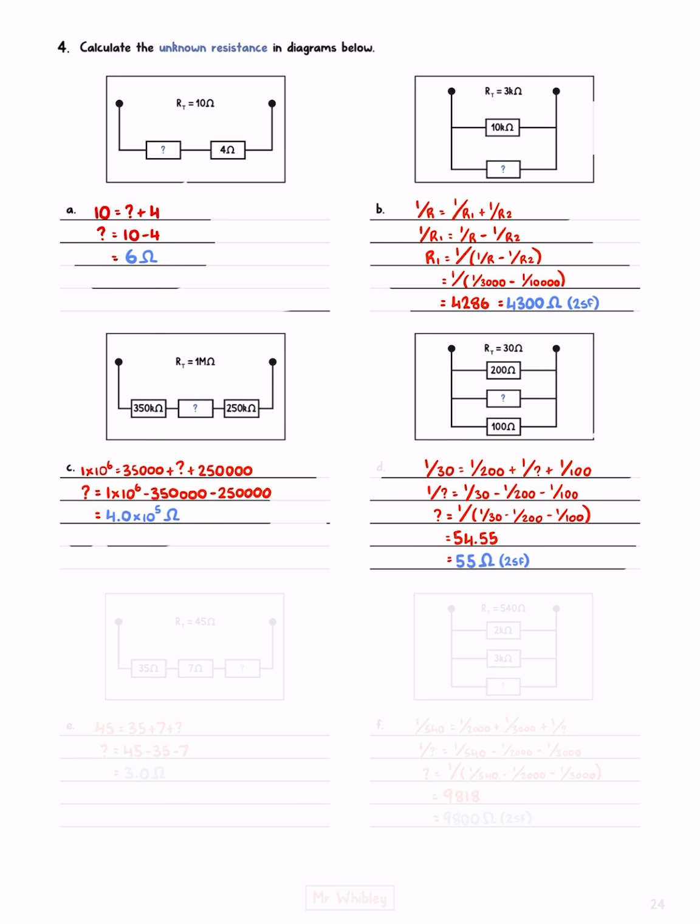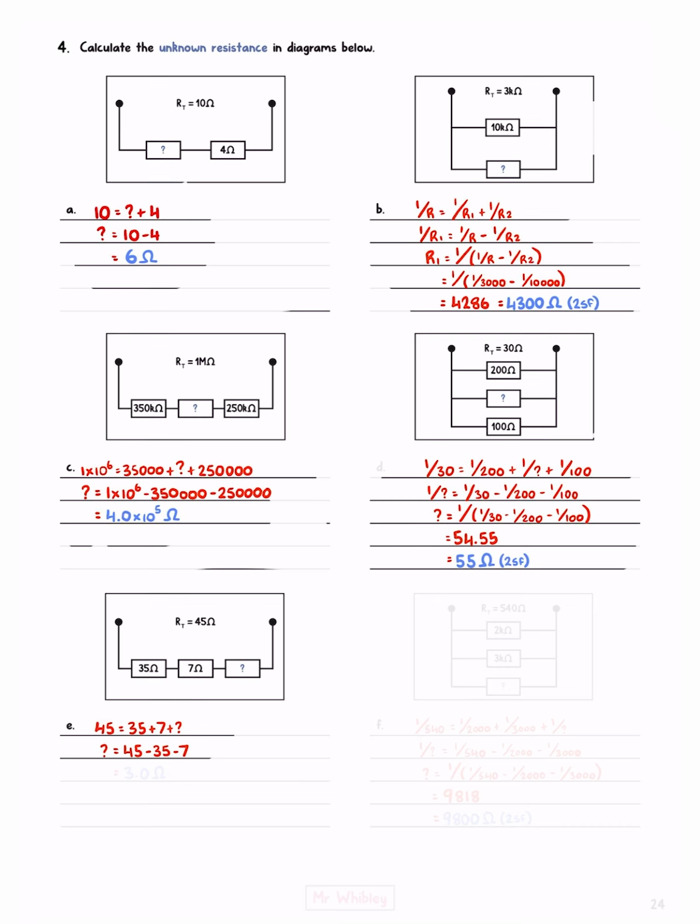two significant figures. In our fifth example, our total resistance is 45 ohms, and we have a 35 ohm resistor, a 7 ohm resistor, and our unknown resistor, all in series. Series resistances add, so we know that 45 is equal to 35 plus 7 plus our unknown resistance. Solving this for our unknown by subtracting 35 and 7 from both sides and swapping them around, which gives us 3 ohms. For our last example, we have a total resistance of 540 ohms, and we have 3 resistors in